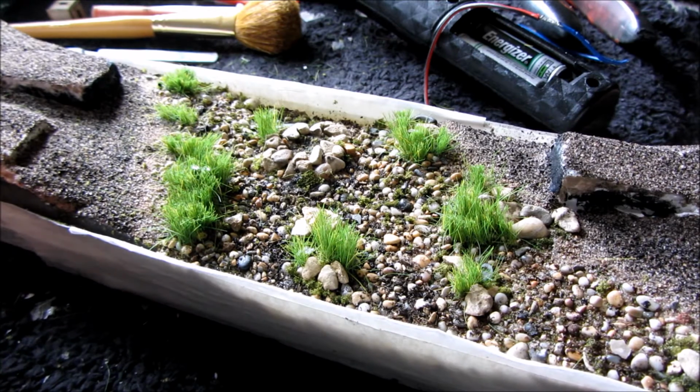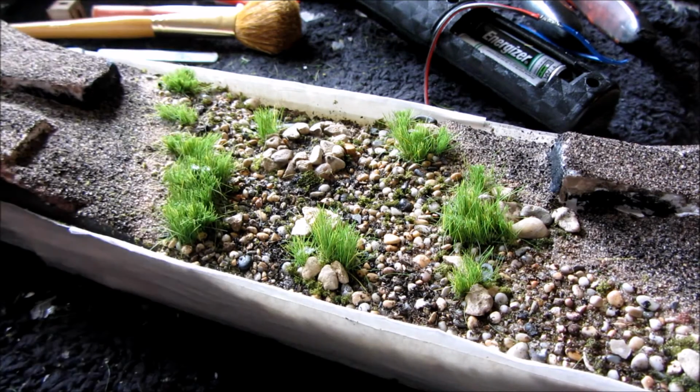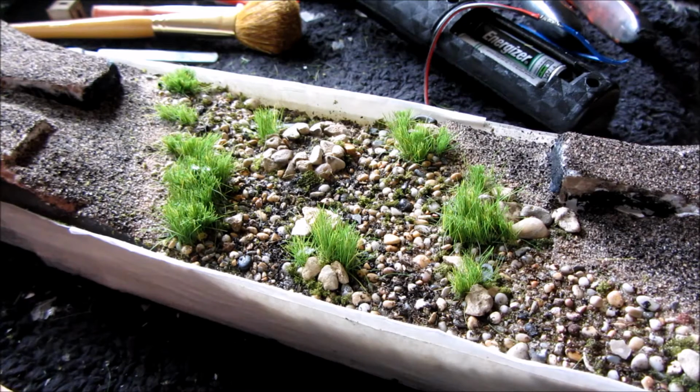That's all I did. I just grabbed a small handful, made it to the right length, cut the bottom to be the same length, put a bit of glue down, pushed it in the glue, held it there for, to be honest, about 2 seconds, let go and it stood upright, as you can see. And then the final thing I did is I got a pair of small scissors and cut the reeds down to about the right height, because they were too long. So I've cut them down from 12mm to closer to 5 or 6mm now,